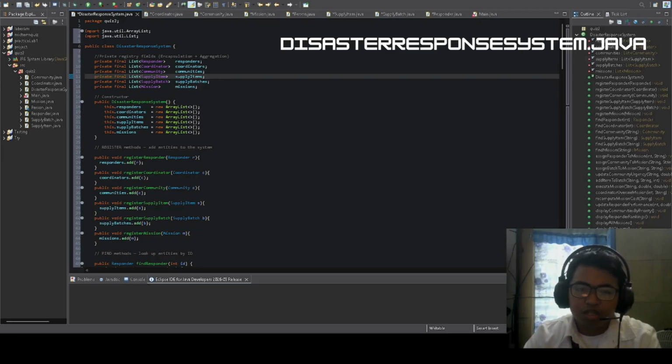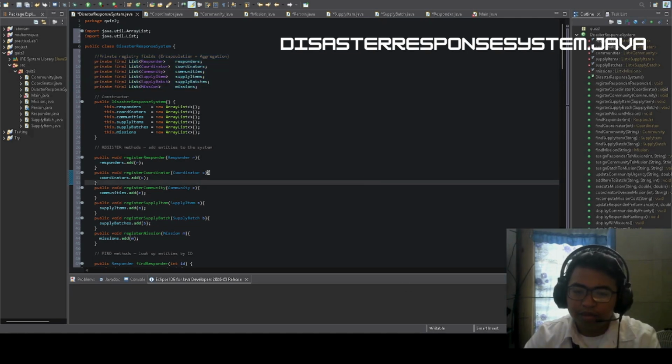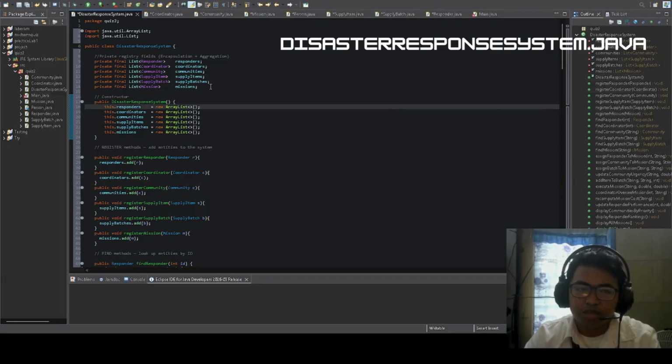It maintains private collections of these entities using ArrayList, which is private, to control access and allow modular aggregation while encapsulating all the system data to prevent external manipulation.